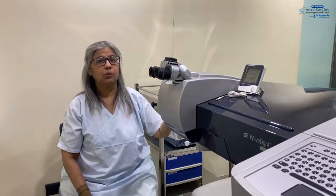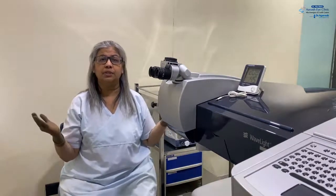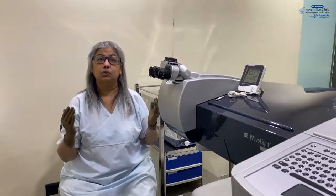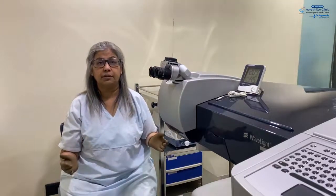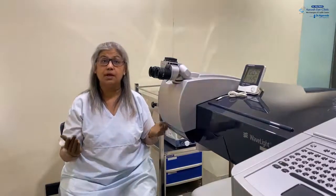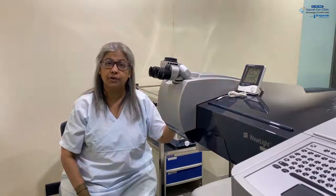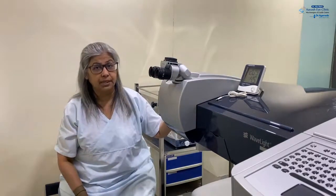Let us talk about Contoura vision. Out of all the various treatments available for laser vision correction, Contoura is the latest, US FDA approved, the most sophisticated, with the best visual outcomes after the surgery is performed. For that we need this machine, which is the EX500 WaveLight from Alcon USA, to carry out